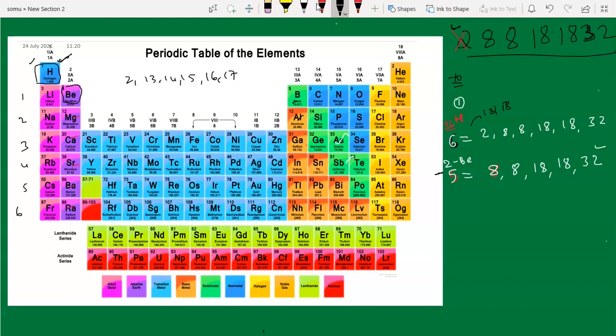So now if you want to apply the same for the 13th group, you have to leave the first element and find out the number of elements. Okay, so that is how you have to do. Here how many elements are there, leaving the first one? 1, 2, 3 elements. If you have 3 elements, what you have to do?